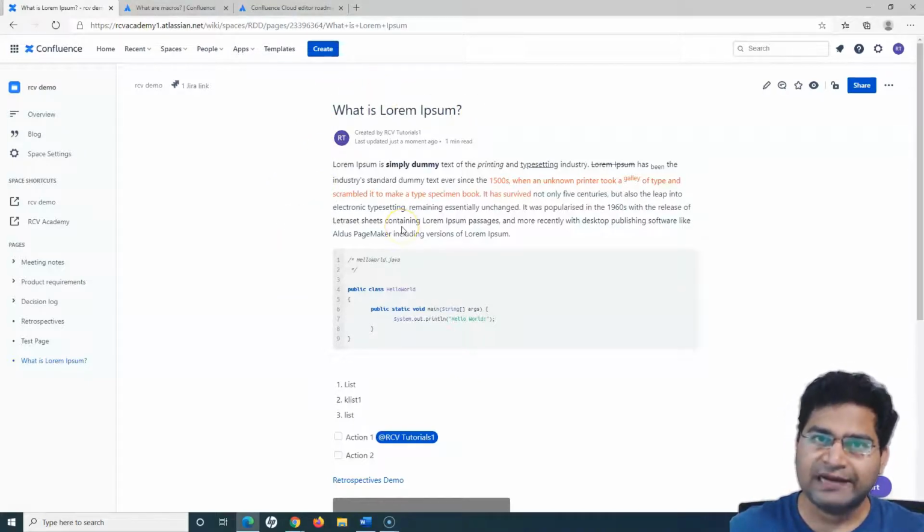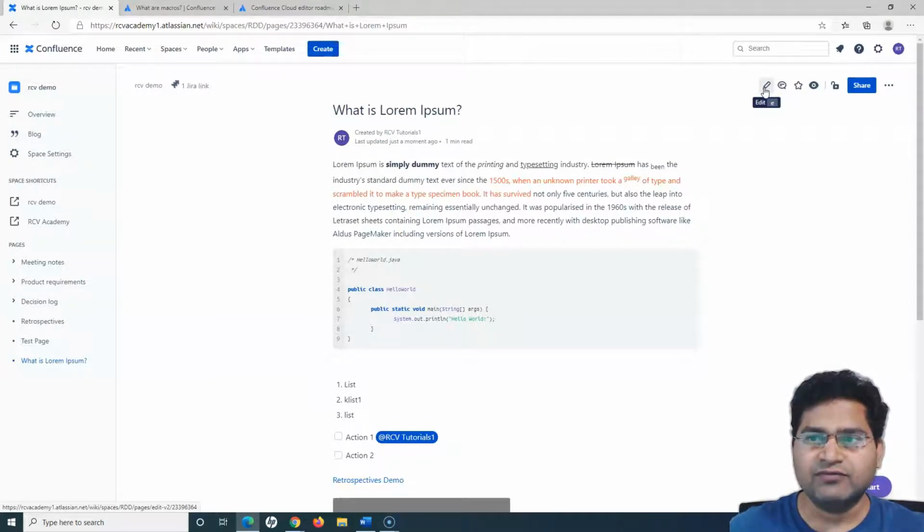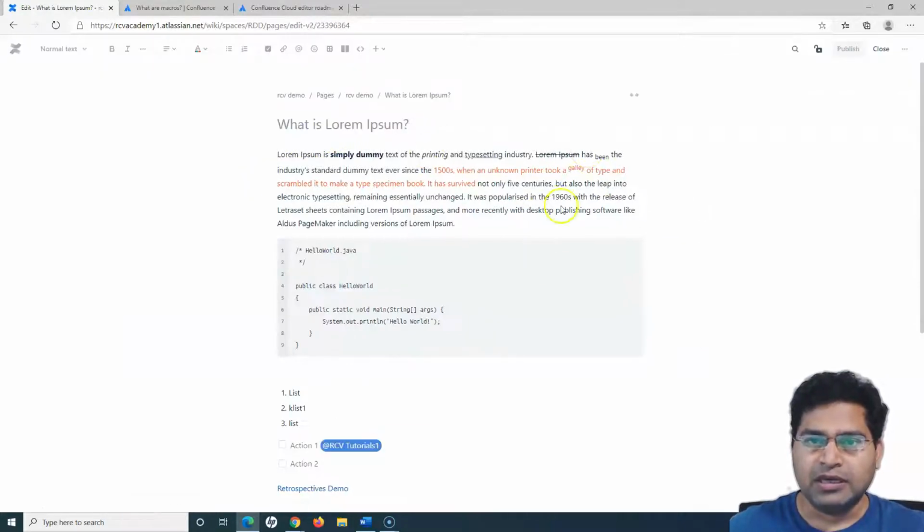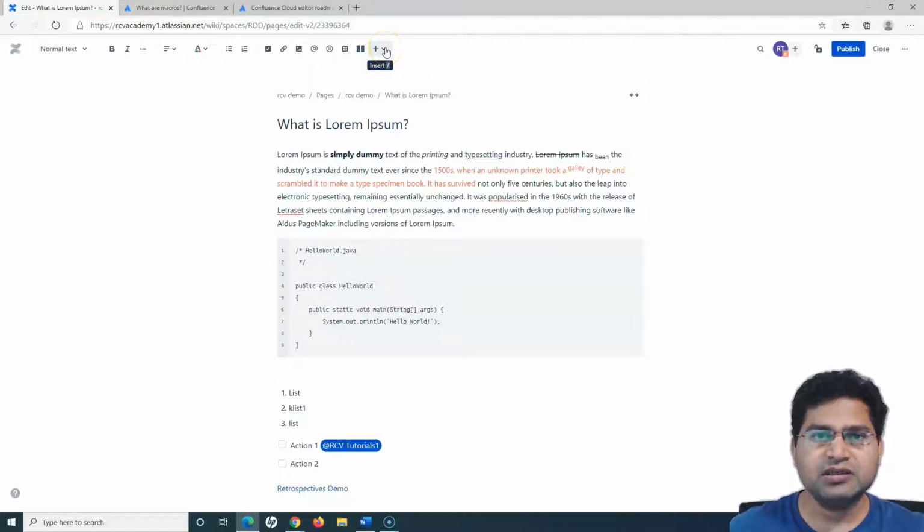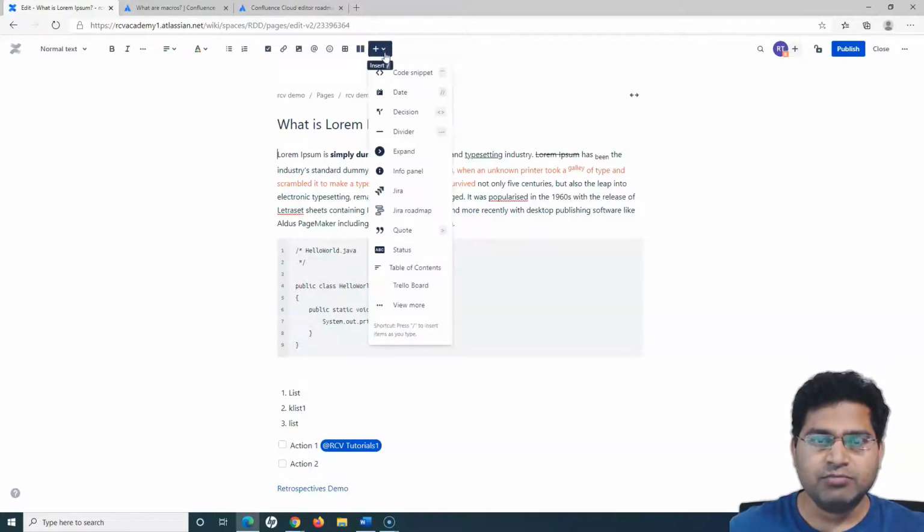In order to add any macro, we first have to edit the page, or if we are creating the page, we start adding the macro on the page itself. So let me edit this page first. Now, if you see on the top, this is the plus icon and the drop down. This is the macro icon or drop down that you can utilize to add a macro on the Confluence page. You can either drop down and add any of the macros that are available in the drop